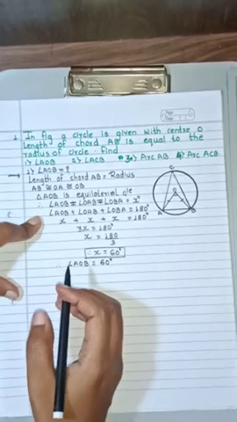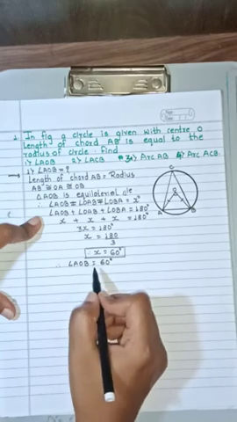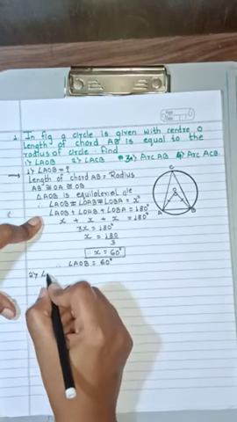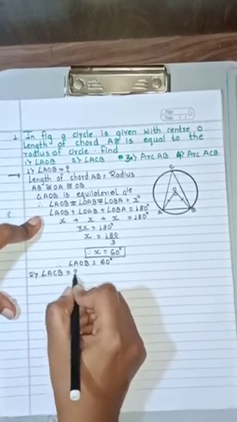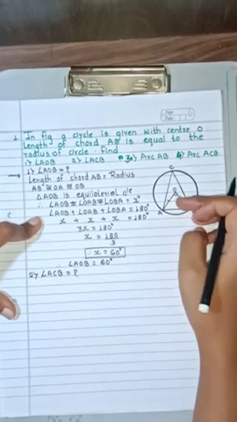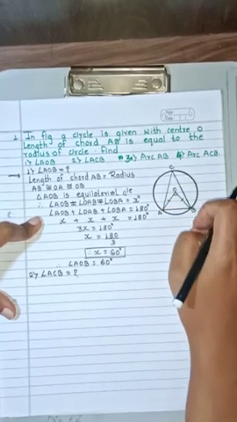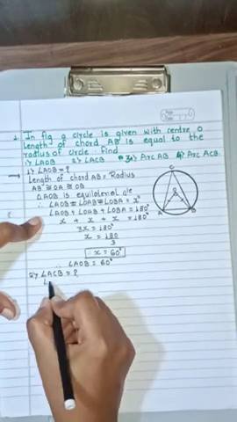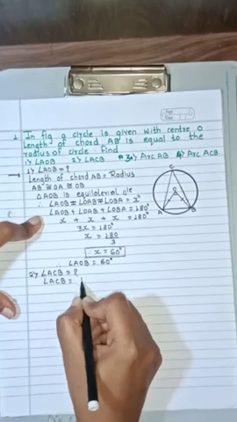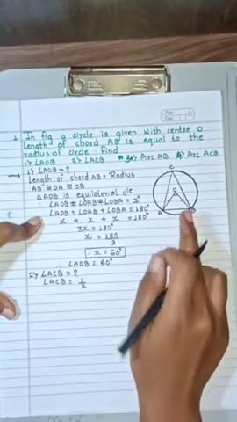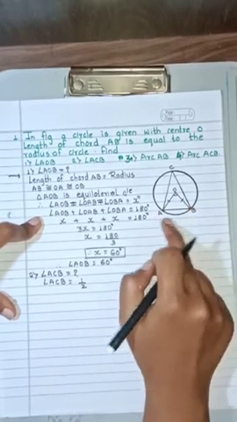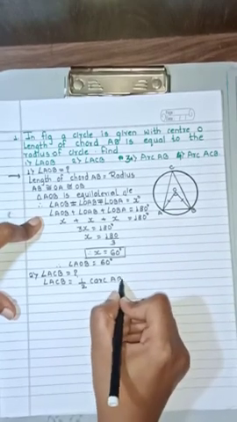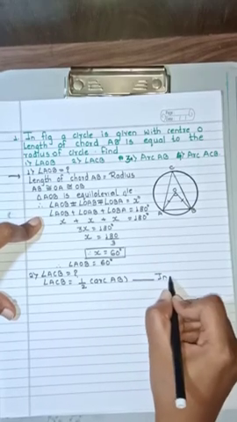Now, as we got one of the angles as 60 degrees, we'll find the measurement of angle ACB. You very well know that ACB is an inscribed angle. An inscribed angle is half of the intercepted arc. So angle ACB is equal to half of arc AB, from the inscribed angle theorem.